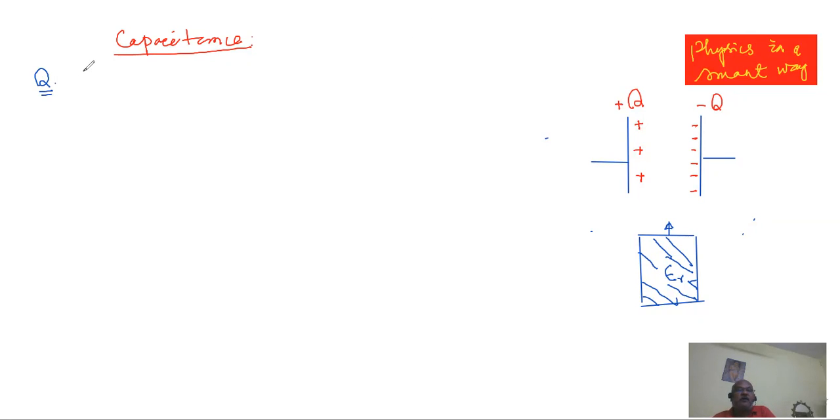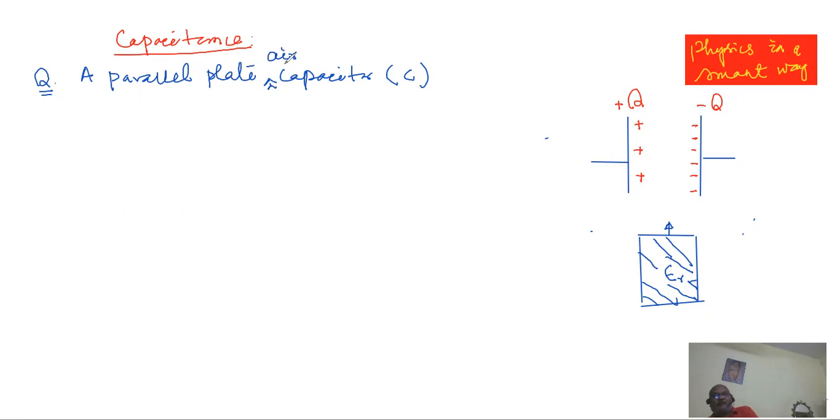Okay, so let us say we start with a question. It's like this. A parallel plate capacitor, the capacitance is given as C. And when you say parallel plate capacitor, let us consider this as an air capacitor. There was nothing between the plates. A parallel plate air capacitor is connected across a cell